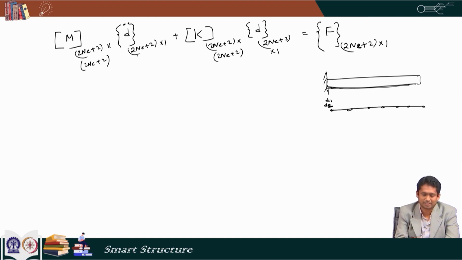So, I do not need to calculate them. I have to deal with only the rest of it, starting from the degree of freedom D3 to the last degree of freedom. So, I cancel the first rows and columns of the mass matrix, of the stiffness matrix and the force vector, then finally, I get a reduced set of